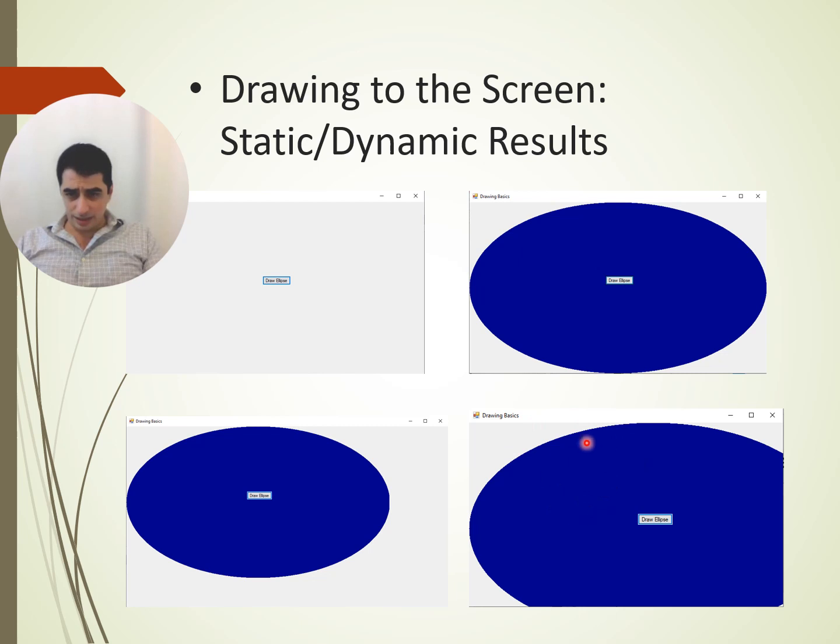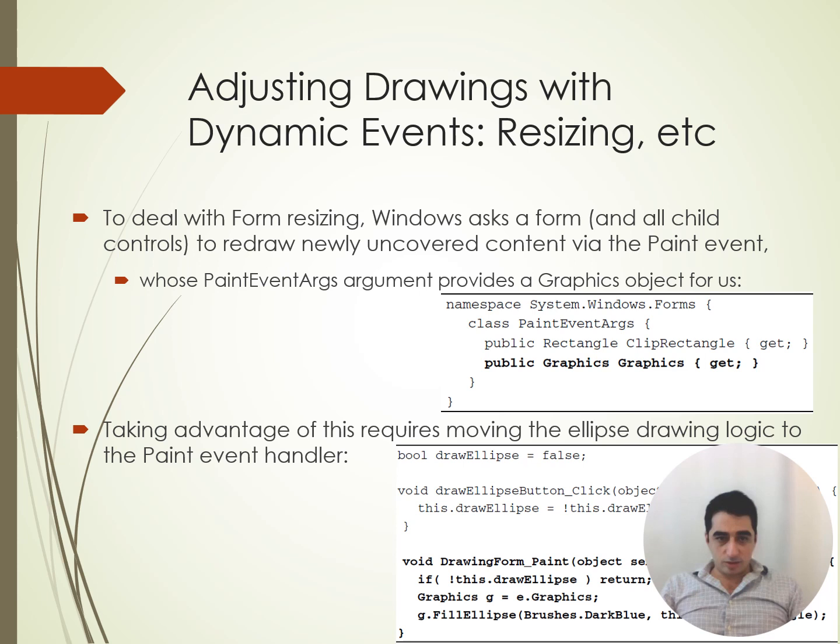If you make it smaller, like in this snapshot, it still doesn't change its size in a dynamic fashion. So it stays the same because you're not drawing the form, drawing the ellipse in a dynamic fashion. You only draw it once and it stays the same size. In order to deal with form resizing, Windows asks a form to basically redraw the content using the Paint event